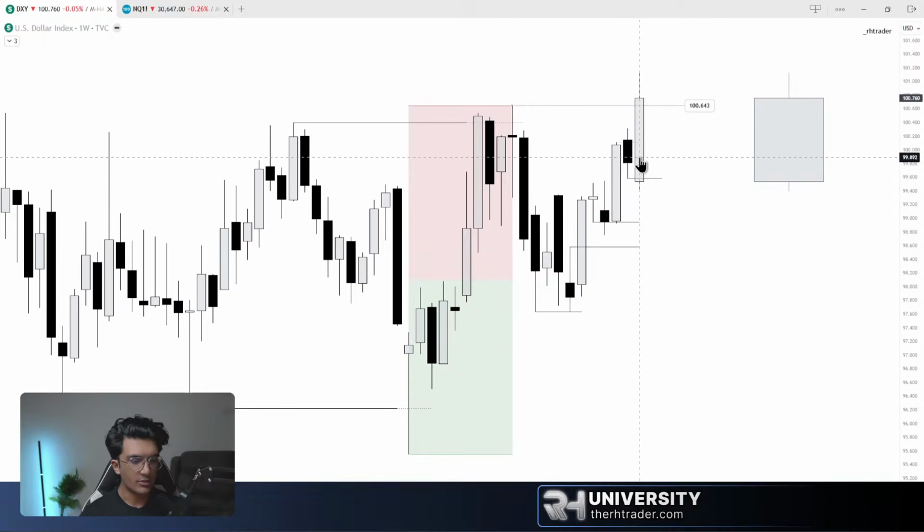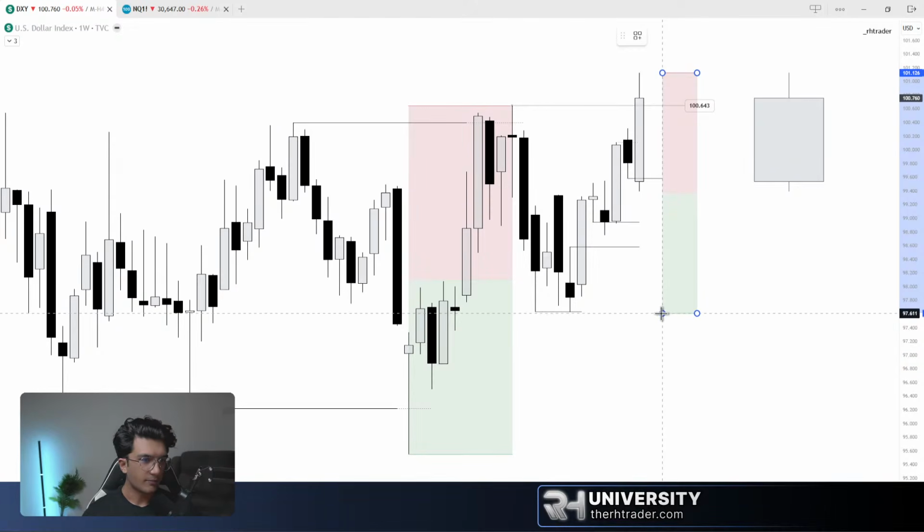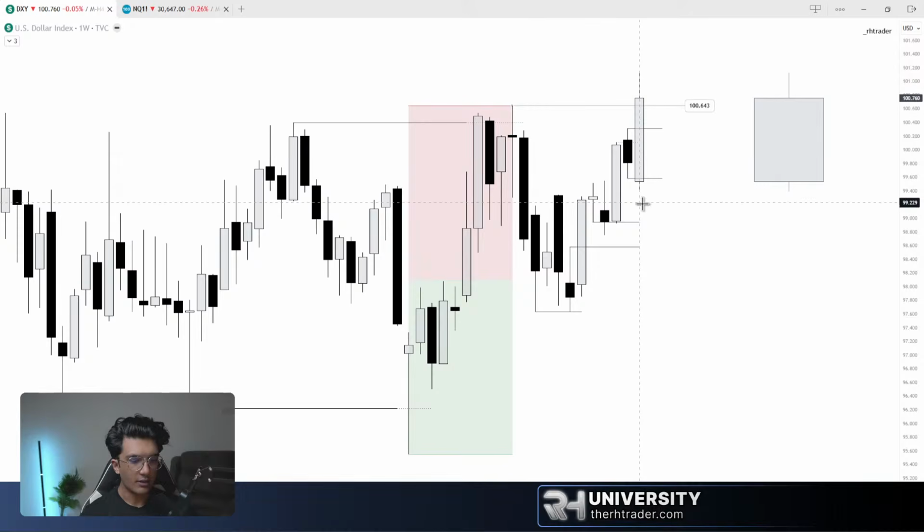Now, why is this a short retracement? Why do I not expect, let's say, price to push lower to the 50% of this daily, right? The reason for that is because the current week has taken out the previous week's low and previous week's high, right? So this is what we call an outside weekly candle. So price has fulfilled the objective lower and higher, which means the following candle, or in the following week, we are most likely going to have a consolidation or a small candle, right? So you have a small candle, large candle, large candle, small candle, small candle, large candle, right? Expansion, consolidation, expansion, consolidation, expansion, and once again, we expect consolidation.